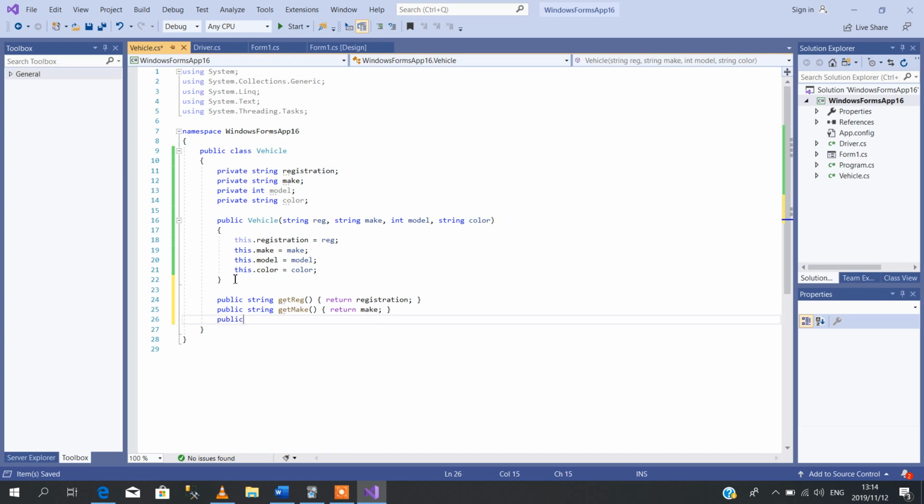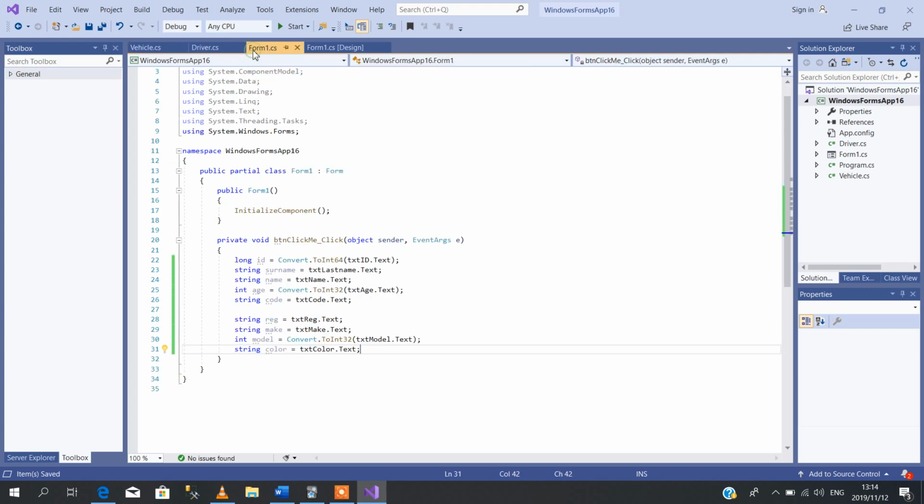We go public int get the model. We return the model. Okay, then we go public string get the color. We return the color. Okay, powerful. Now we're done with these two guys. So let's come back here and